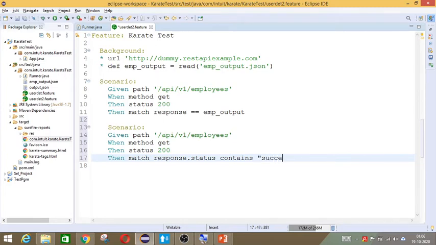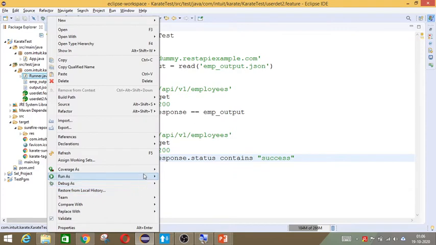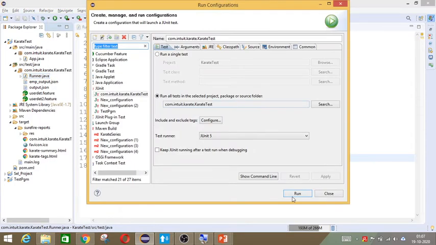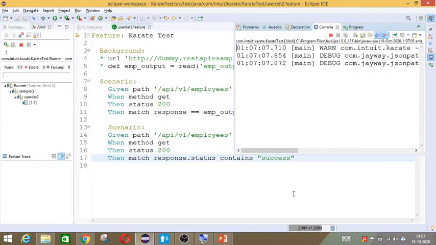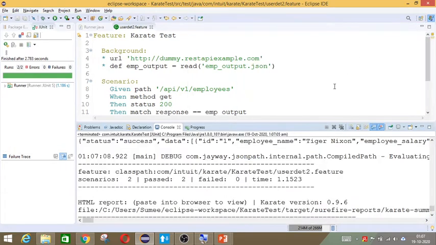So success. Now you save it, then we will just run this file, and you will see that it is executing fine because we are getting success. And as we have seen in the other example, if it is anything other than success, it would have failed. Okay, so now it has got executed.